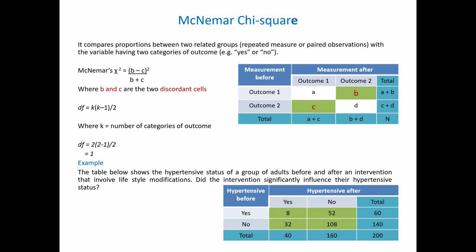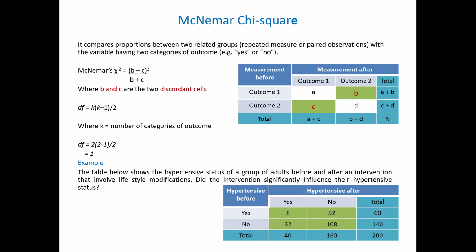But what you are interested in is the discordant. The people that were hypertensive before and became not hypertensive after, that's B. And the people that were not hypertensive before and became hypertensive after, that is C. Can you see now? So in this example, 52 and 32 are the discordant. These 52 were hypertensive before. They now turned to non-hypertensive. You will see that 8 were hypertensive and remain hypertensive. That 52 plus 8 add up to 60 that were